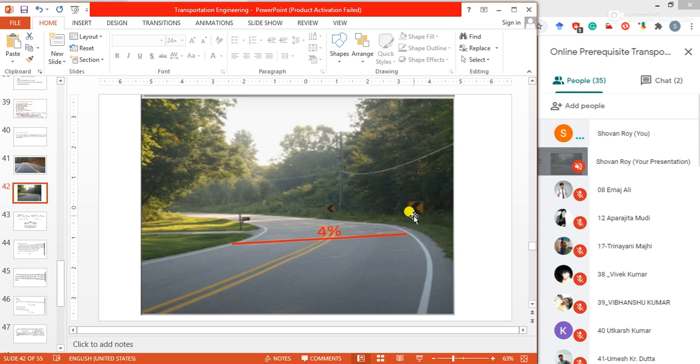A flat camber of 1.7 to 2% is sufficient on relatively impervious pavement surface. That means 1.7 by 100, or sorry, 2 by 100. So the flat camber value is